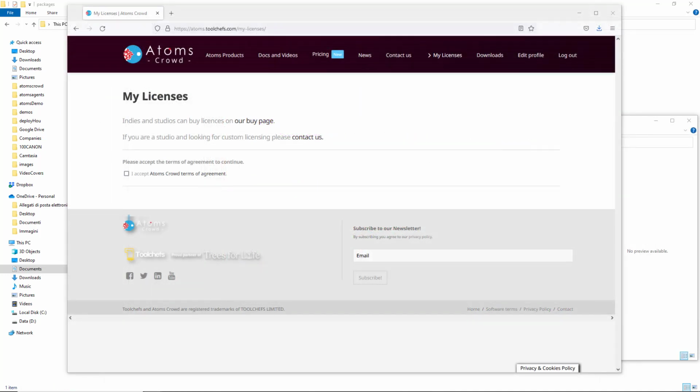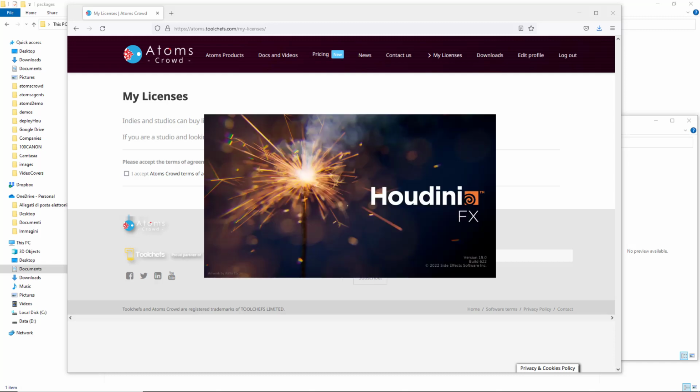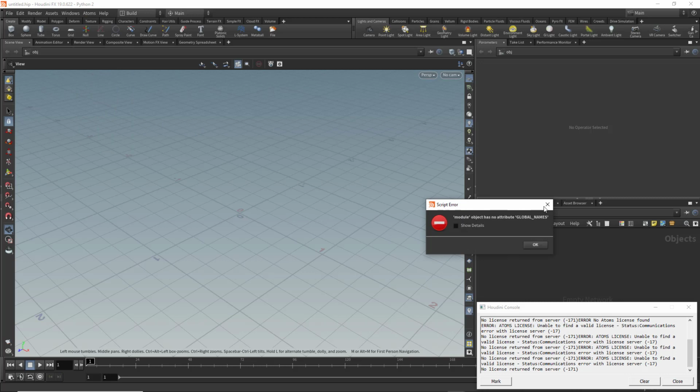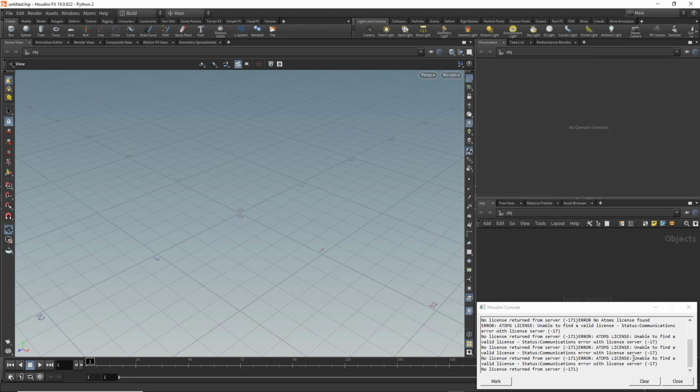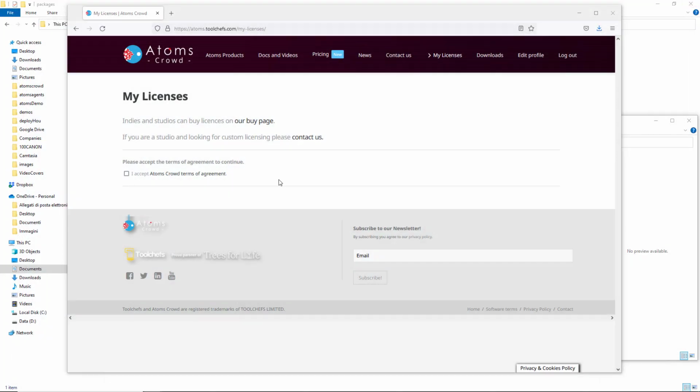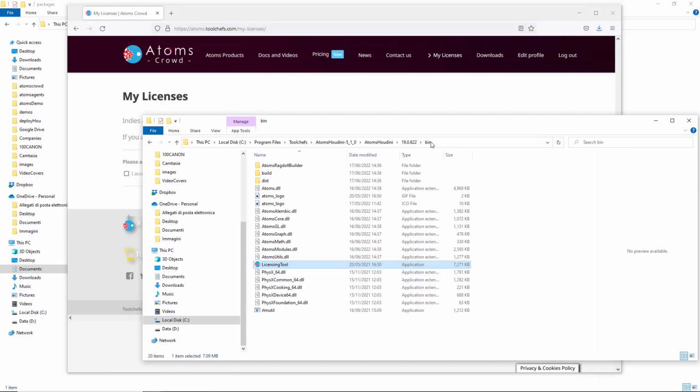Okay, so now if I try to open Houdini and try to initialize a scene or create an agent group, we'll see some errors showing up. Just to show you, for instance, create an agent group. We get this script error, but also all these Atoms license errors here, which means, of course, that we have to install a license. So you can go under the bin folder under your AtomsHoudini installation,